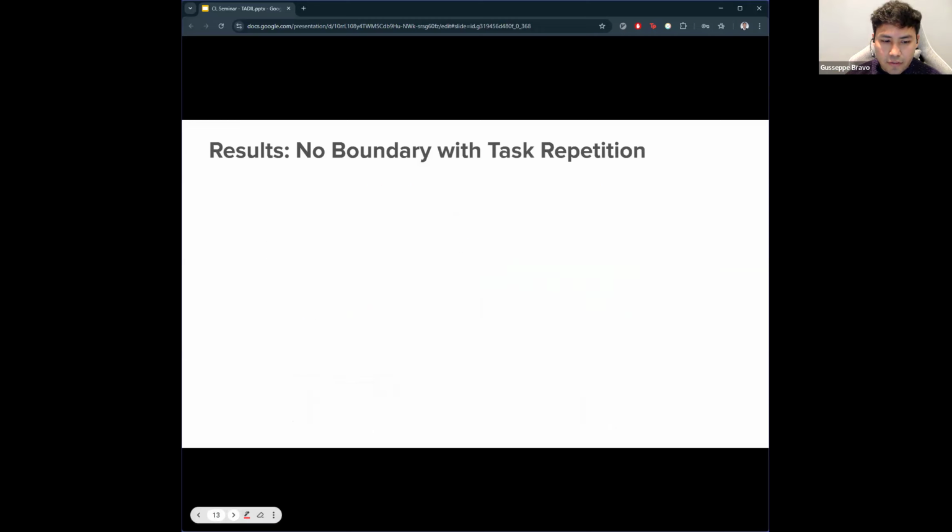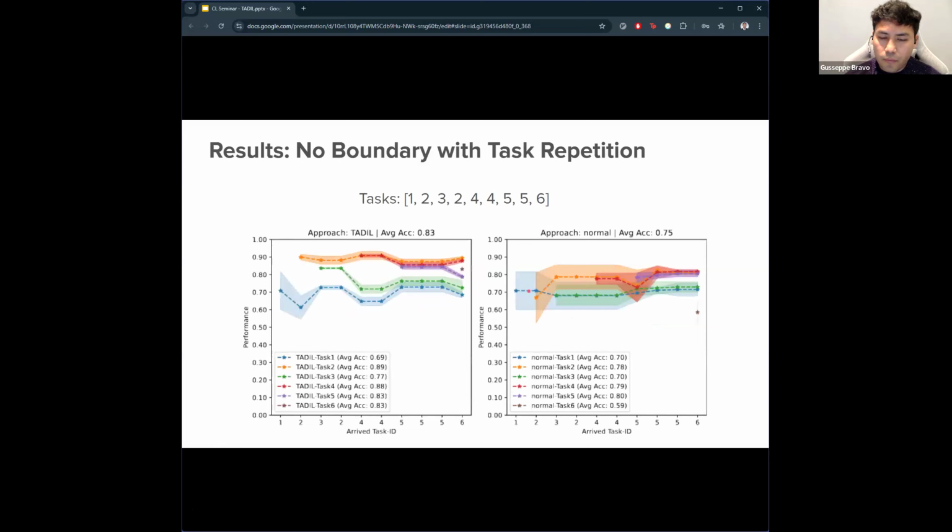And we also check what happens if the model gets new batches belonging to past domains. That's the more real-world scenario, I would say. In that case, this model can also learn.